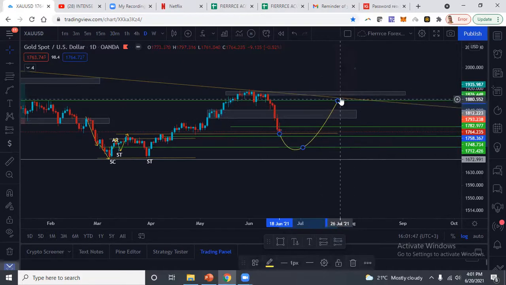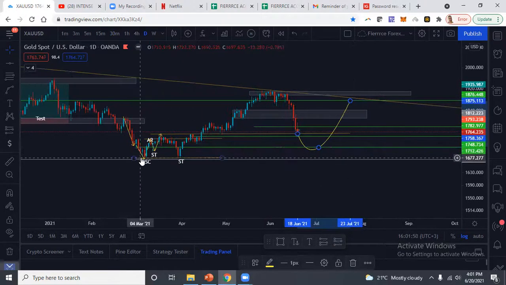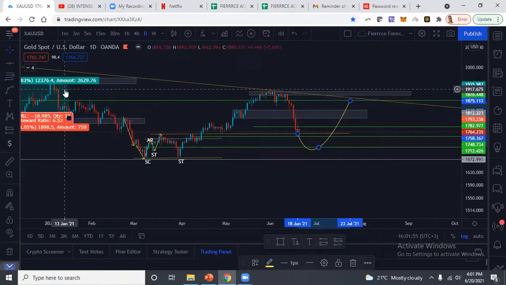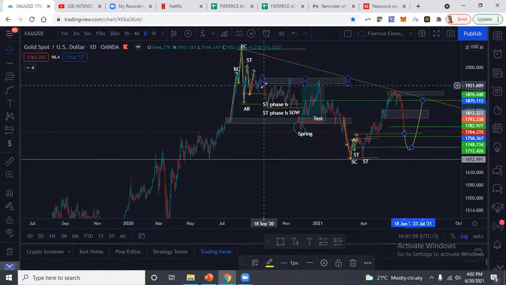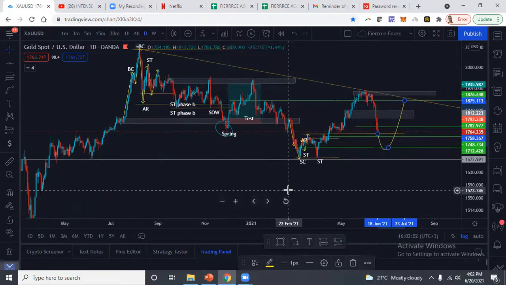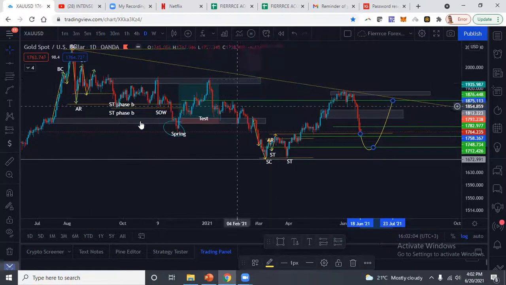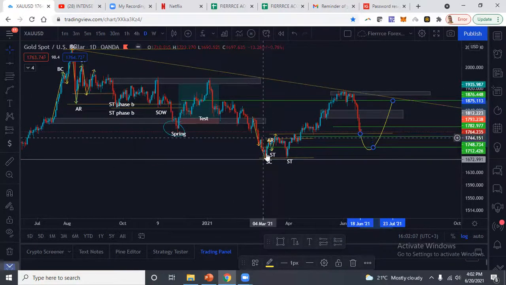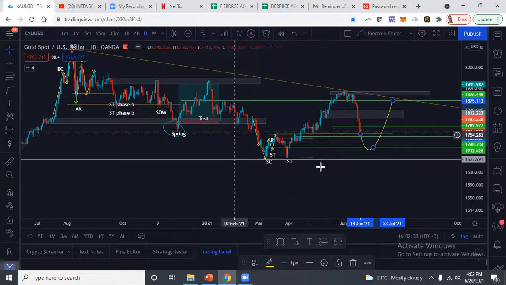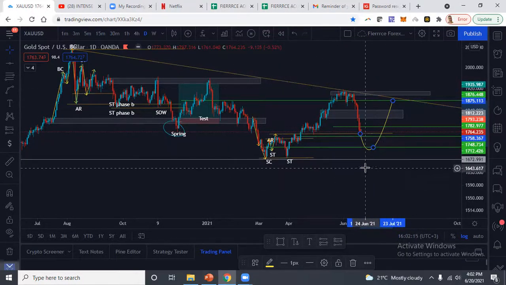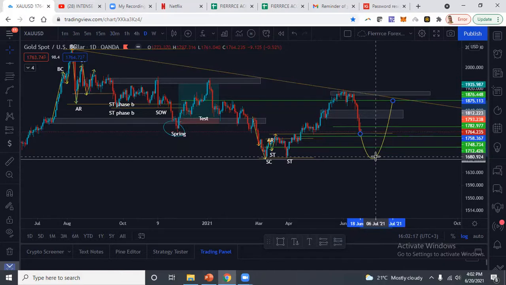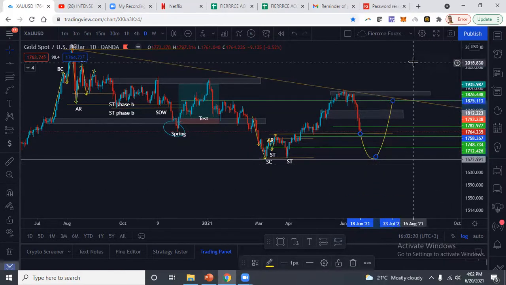We may break structure to the upside or just continue ranging. As you can see, since the beginning of March, gold has kind of been sideways. I mean, not even beginning of March. Let's look left. Since September 20th, 2020, gold has been in a bit of a sideways range. It has attempted to break down. So this could all just be a lot of noise to confuse us as it goes up. So it may push lower and then push up, or even push a bit lower, retesting previous levels of structure at 1672, and then push up.